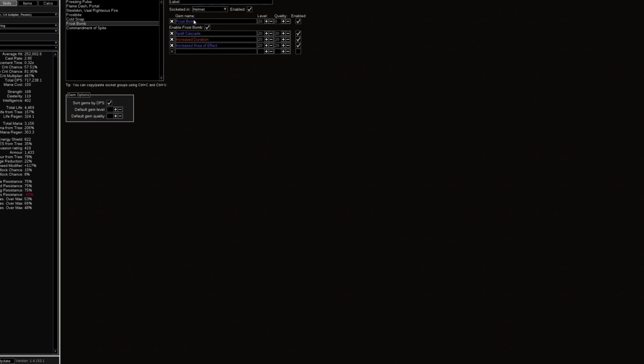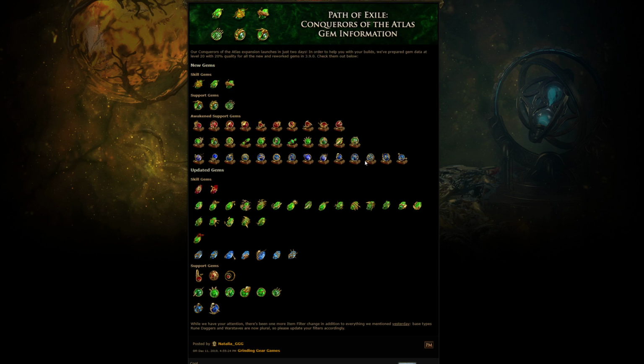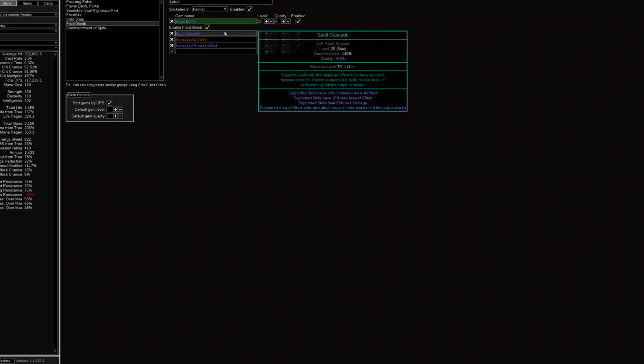One would be to move it into your Frostbomb setup and replace Increased Area of Effect with Arcane Surge rank 8. This will hurt your area coverage on Frostbomb a little bit, but you can make some of that back by getting the Awakened Spell Cascade. I'm not sure how expensive this one's going to wind up being, but this Awakened Spell Cascade basically adds 2 more. Like, I don't know if you don't know what Spell Cascade does in the first place. When you target an area with an area attack like Frostbomb, where you can click and drop it where you want, Spell Cascade makes it also...